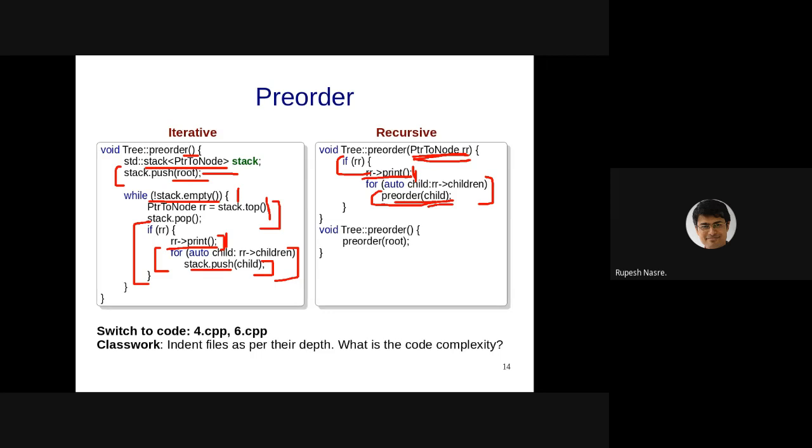Thankfully, in case of trees, each node is associated with only a single parent edge. And therefore, each child node is going to be referred to by any edge exactly once. Similar to what Madhur is saying in terms of pushing and popping of a node. Therefore, in case of trees, when you have n nodes, we have how many edges? N minus 1 edges. And therefore, the complexity turns out to be order of n plus n minus 1, which is order of 2n minus 1, which is order of n again.